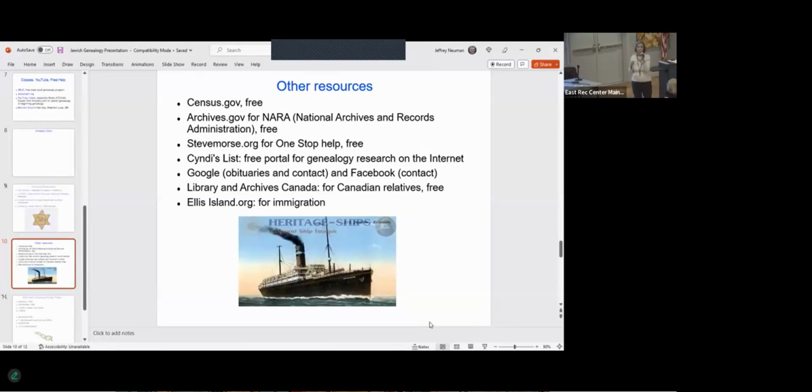And obituaries are great because they often list a lot of different relatives that you may not have on your tree yet. So that is a great way to use Google. And you can Google anybody. Sometimes the name Neela Duberstein came into my head out of nowhere. She was a friend of mine who lived in the same apartment building that I did when I was maybe 8 or 10 years old. And I Googled her and was eventually able to find how to contact her. And so we had some very nice conversations.